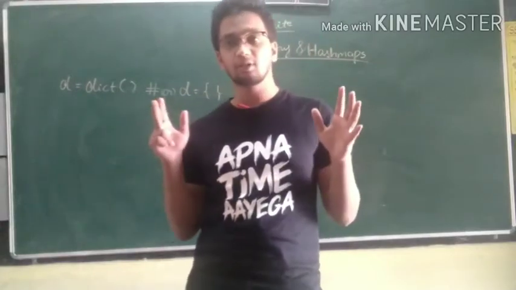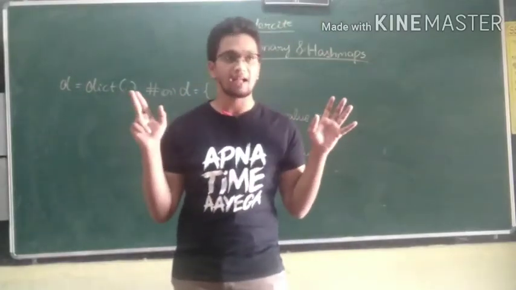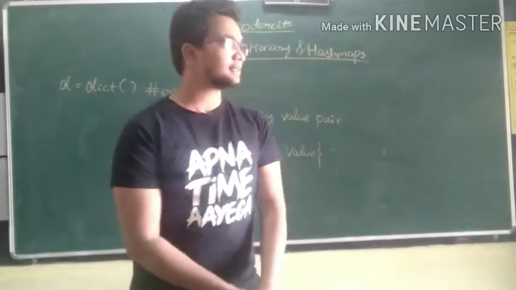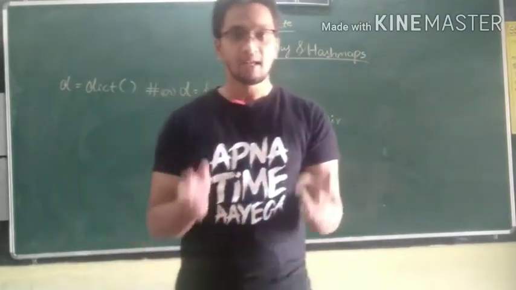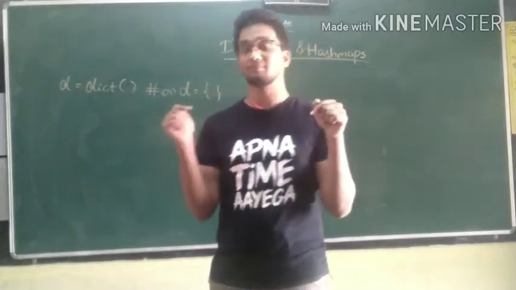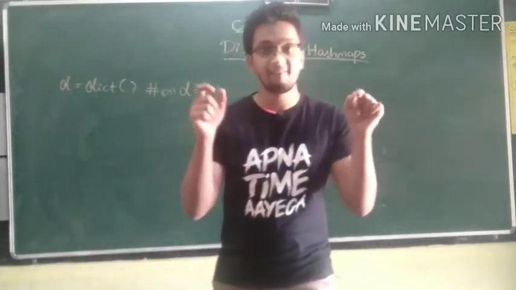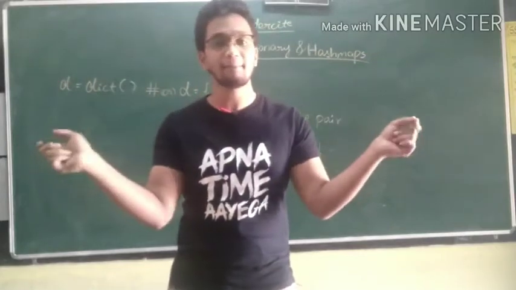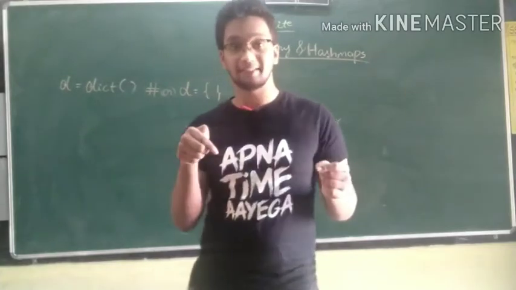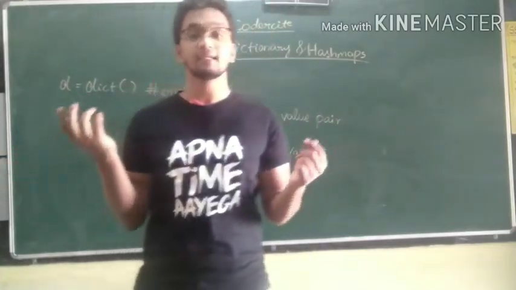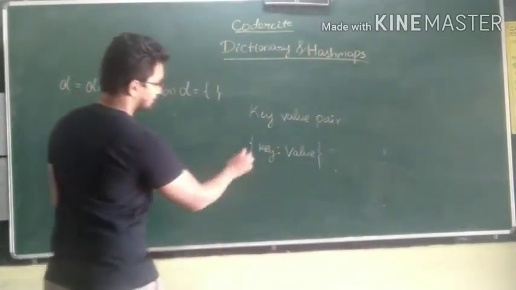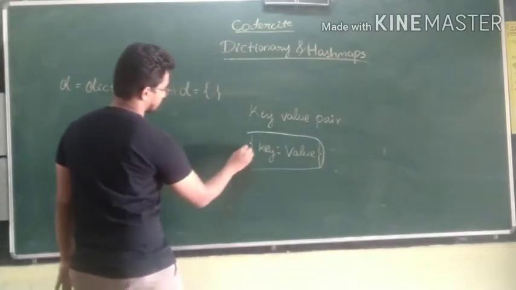Dictionary and hash maps are the data structures which you actually use while competitive coding. Hash map is nothing but an array or a dictionary itself. What happens over there is, you will store two elements at the same time in a single memory. That means an element will be mapped onto some memory and you will be knowing at what memory that element is present. That is nothing but the elements are stored in a key value pair manner. So this is the typical representation of a dictionary.